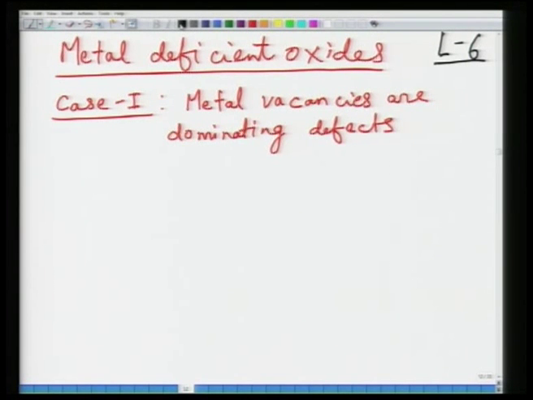So, in this case we represent the oxide. We write the material with the formula M1-yO, as we have seen earlier. If it was M2O or MO2, then it would be different, of course. Here y represents the extent of non-stoichiometry, and the possible defect reaction that would occur is,